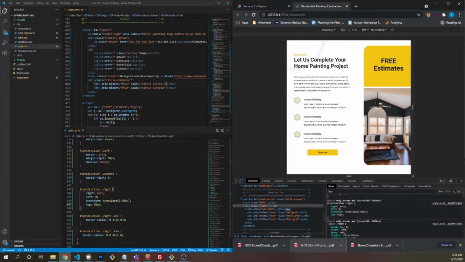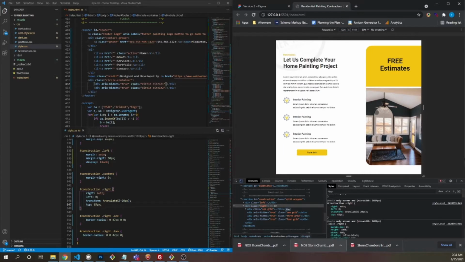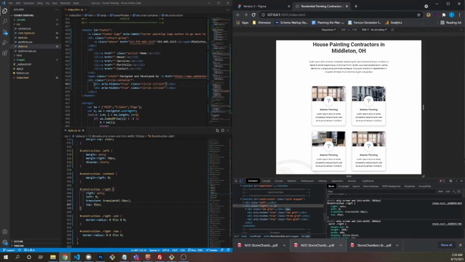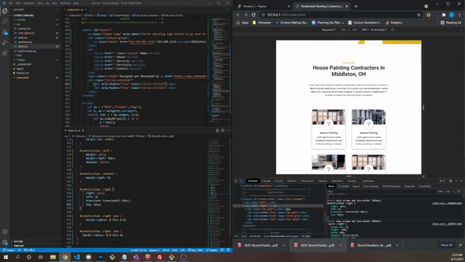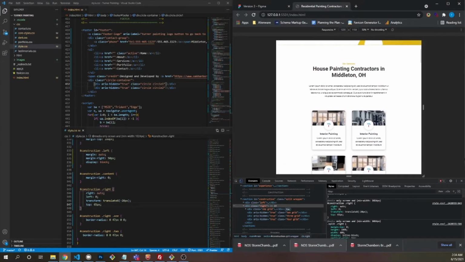So let's get down to business at 1200. Let's zoom out because I want to see it. So at 1200, we still got this four. This is a pretty, I wouldn't say a common desktop size, but it is a